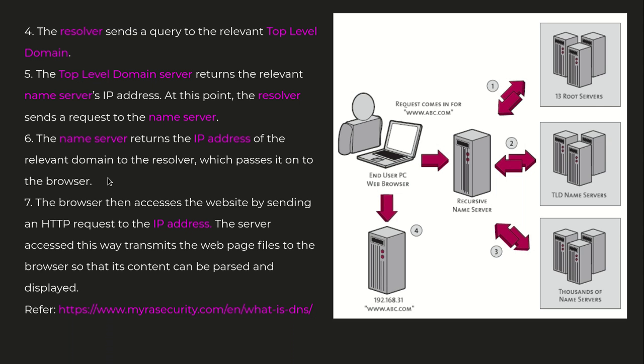Now this IP address will be returned to the resolver. Then the resolver again makes the request to the authoritative name server. This is the place where you actually get the IP address for the given domain. For example, for www.google.com you will get the IP address from that server. After getting the IP of the domain, you will enter into the IP address and you will get the loaded page.